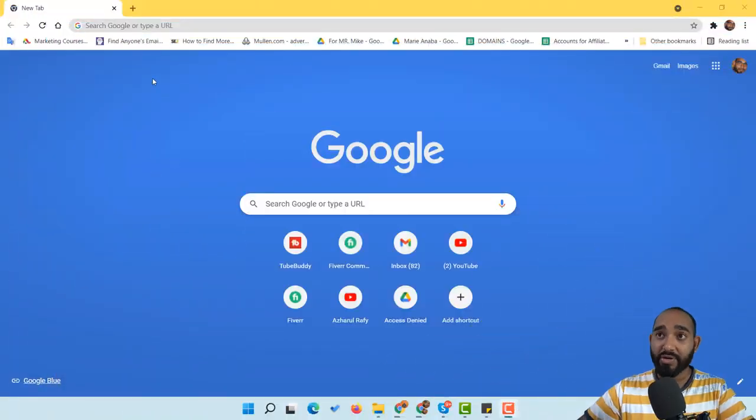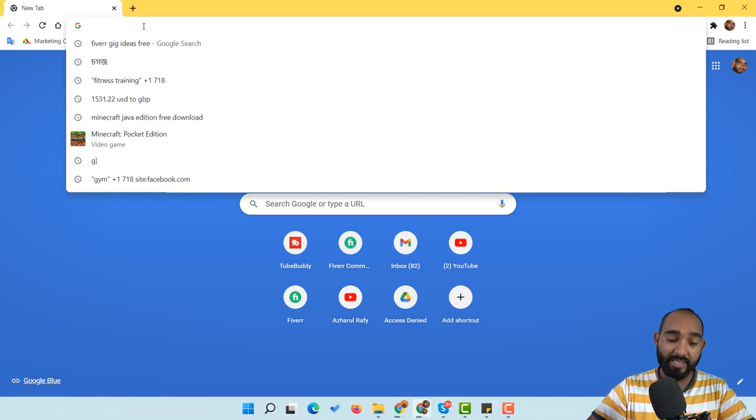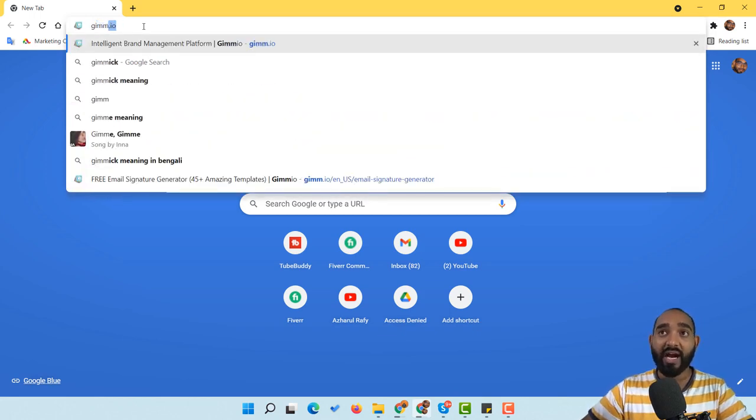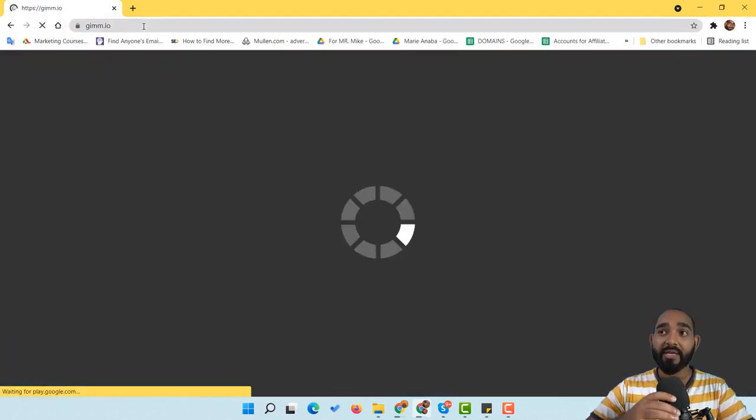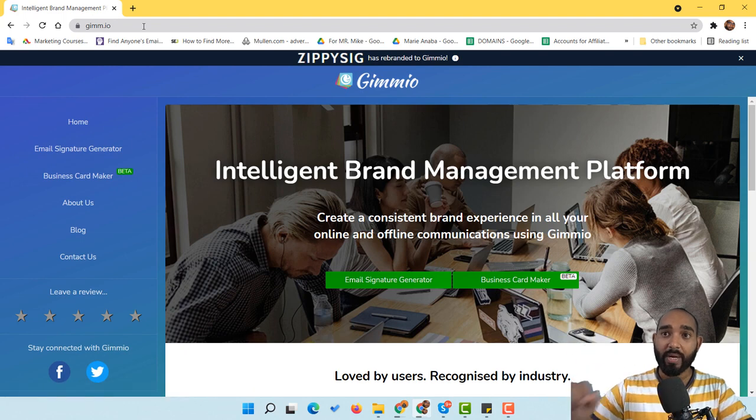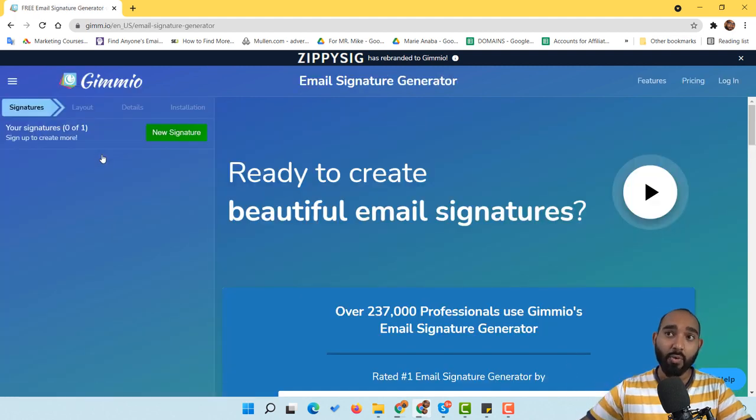So without further ado, let me take you to my computer screen, and I'm going to demonstrate everything step by step. So here I am on my computer screen, and now I have to visit a website named gimm.io and hit enter. It is going to take us to this website, which is Gimeo, and after visiting the website, we simply have to click on this email signature generator button,